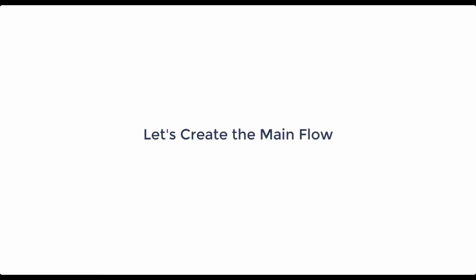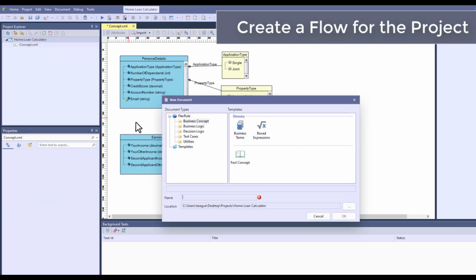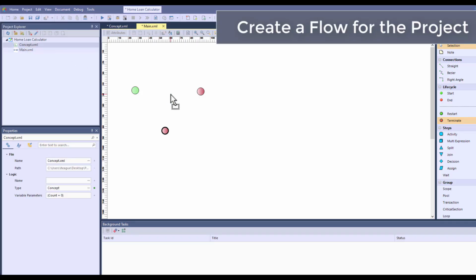Let's create the main flow of the project, a generic flow called main.xml. This will connect all the documents in the project, so we'll also define the input variables here. Add start, end, and terminate nodes. From the Project Explorer window, drag and drop the previously created fact concept, concept.xml, into the flow, and connect it